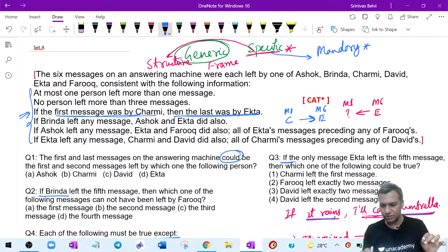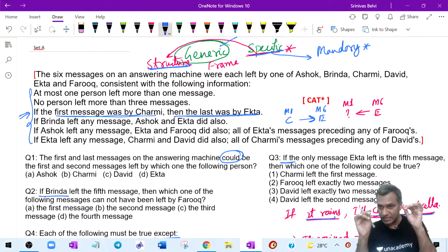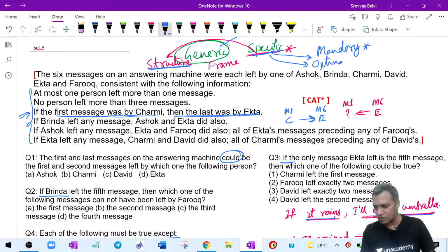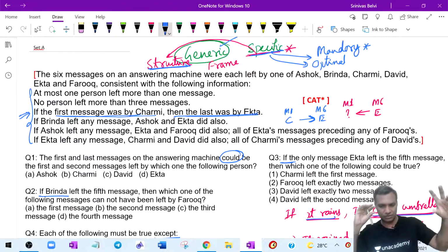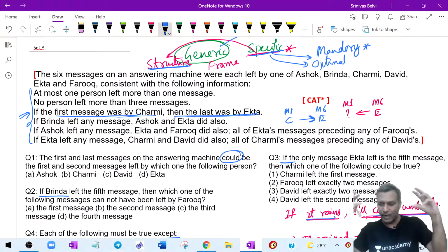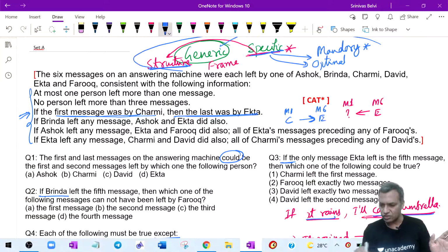But the idea is this: generic statements give the structure. Then you look at the specific statements. Inside the specific statements, some become mandatory, some are optional. Mandatory versus optional parameters. These are the things I am going to talk about: specifics to structure, specific to generic, and what is mandatory and what is optional. The moment anybody understands this, the puzzle gets over in 6 to 7 minutes. So in 4 minutes' time, this is the structure I wanted you to get.